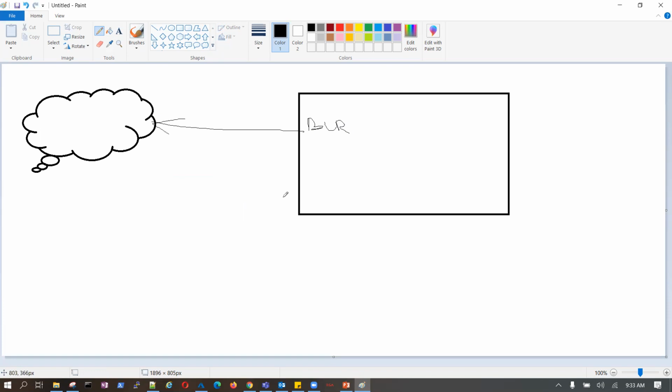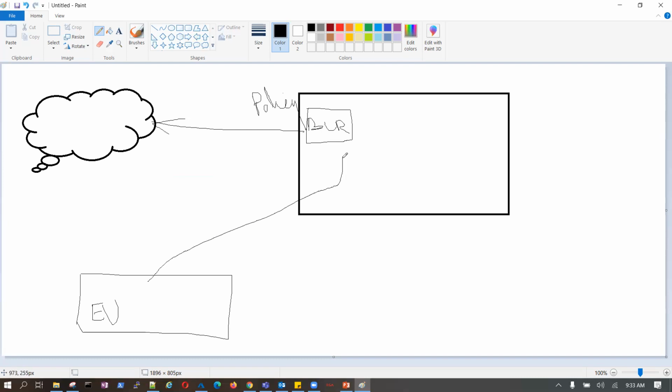Which could be from some other region, could be anywhere. Now what happens? You are in India. If I'm not allowing a policy that you should log in from India, a person in Europe gets hold of your credentials and logs in. Will he be able to log in or not? If he has my credentials, he can.